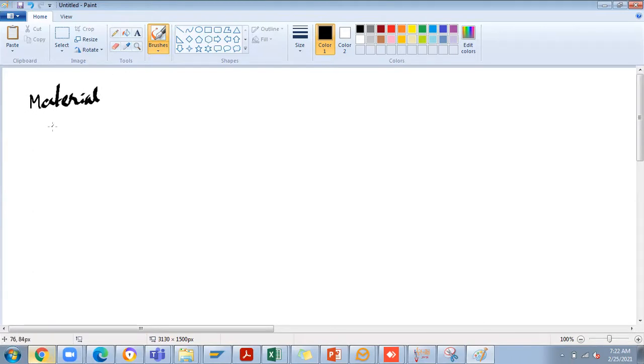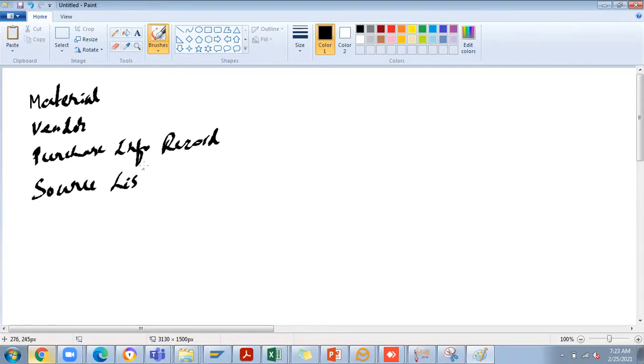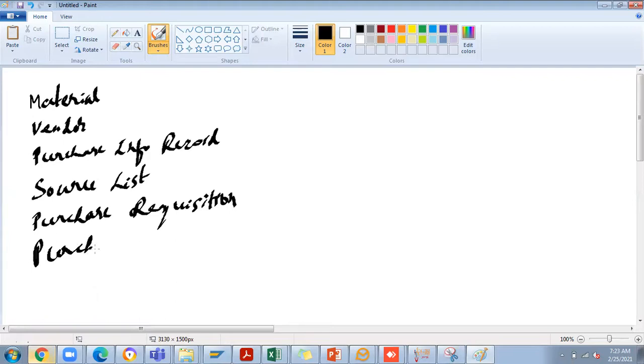Once you create material, then how to create vendor, then purchase info record, then source list, then purchase requisition, then purchase order, then goods receipt, and finally invoice.